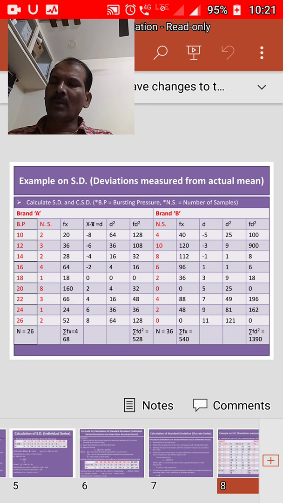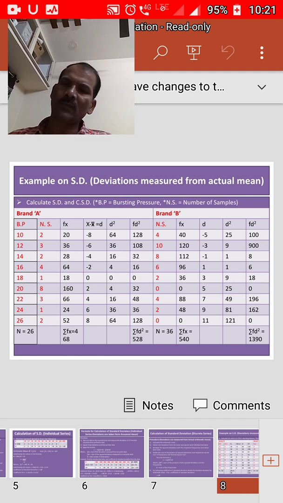Now we need to multiply these squared deviations with the frequencies, that is, the number of samples. 64 into 2 is 128, 3 into 36 is 108, 2 into 16 is 32, 4 into 4 is 16, 1 into 0 is 0, 8 into 4 is 32, 3 into 16 is 48, 1 into 36 is 36, 2 into 64 is 128. If you add all these, it becomes sigma fD square, the summation of fD square,